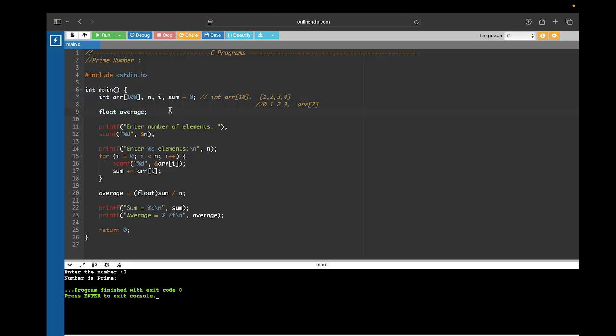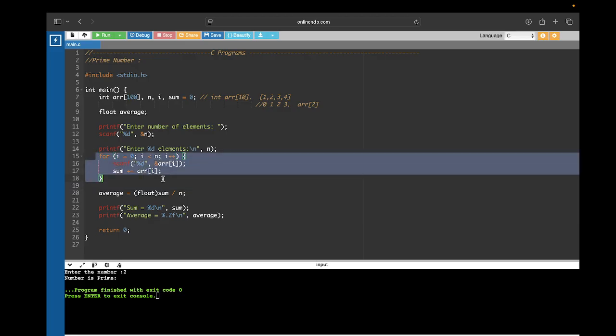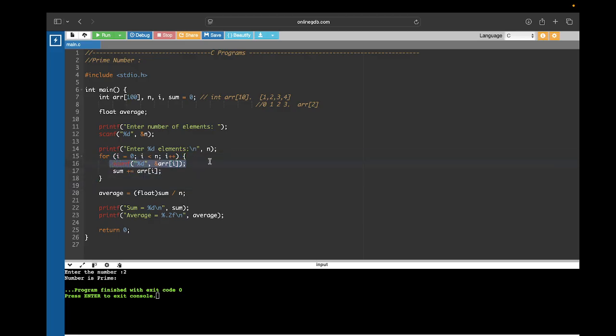Because we are also going to calculate an average value, right? After that I'm just taking an input from the user to ask how many numbers you want in the array, right? And after that I'm asking what the element is going to be at that particular position, running a loop from 1 to n, storing that value inside the array. To store a single value, we simply do it like this,